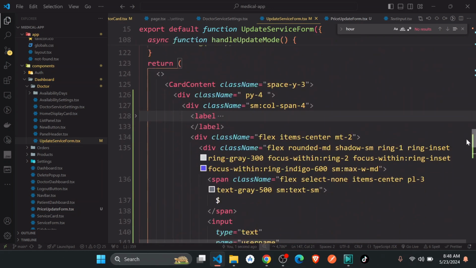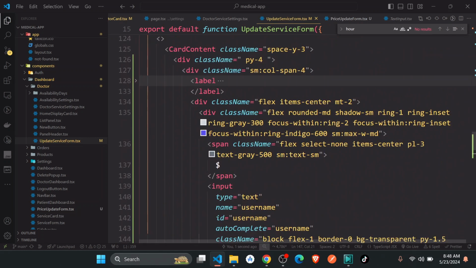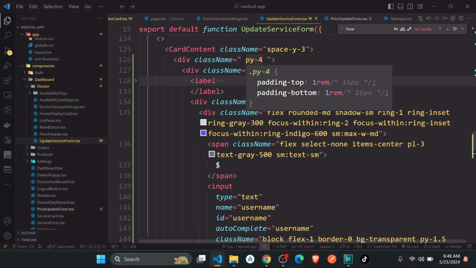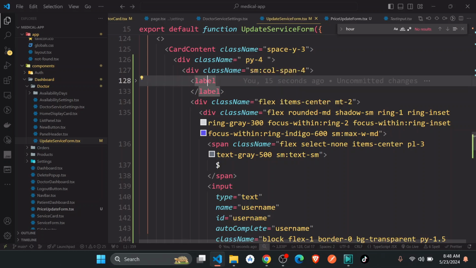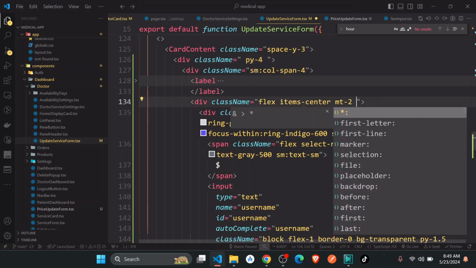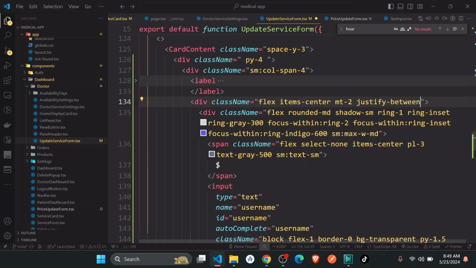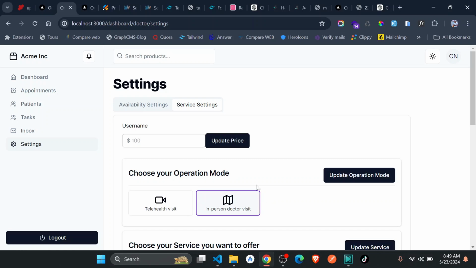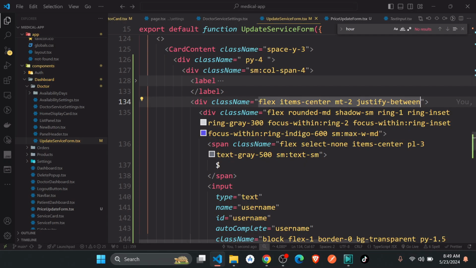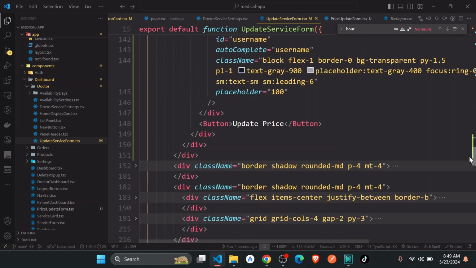And if we wanted, we could go ahead and apply where we have flex, or you can just go ahead and say justify between. So you can just say here, and we update the price. So you just say 200, and then you can just click update. Okay, and